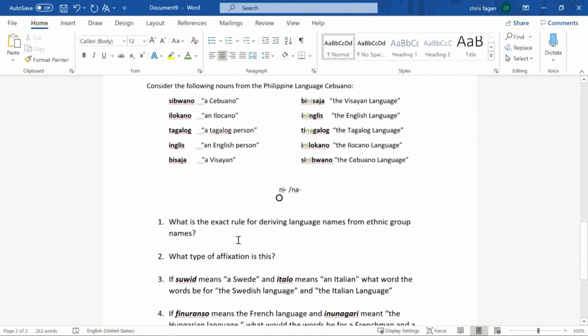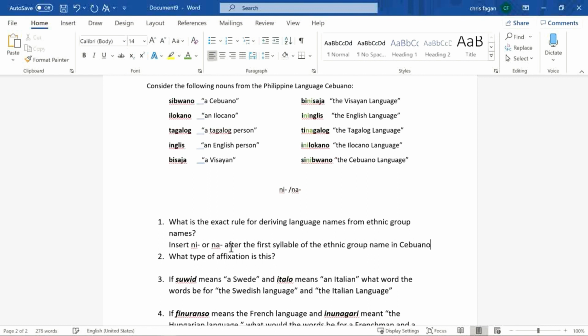So I go in and look, and I see here what is the exact rule for deriving language names from ethnic group names. Well, it looks like I insert ni somewhere after that first vowel sound. So for this one, after that first syllable, so B, T, C. But here it looks like E by itself is always its own syllable, at least based on my data. So let's state that rule, that pattern that I see: insert ni or na after the first syllable of the ethnic group name